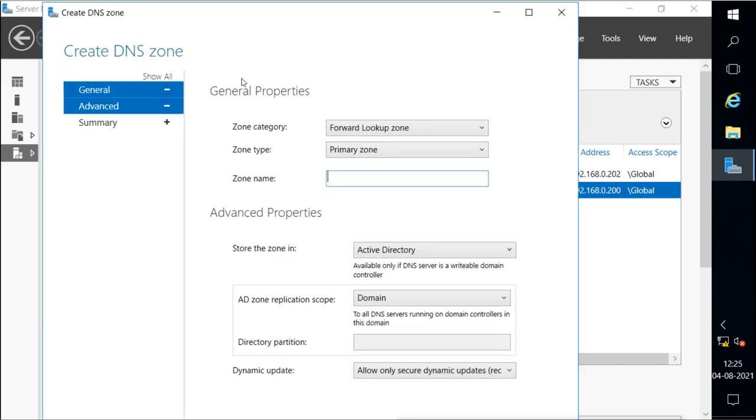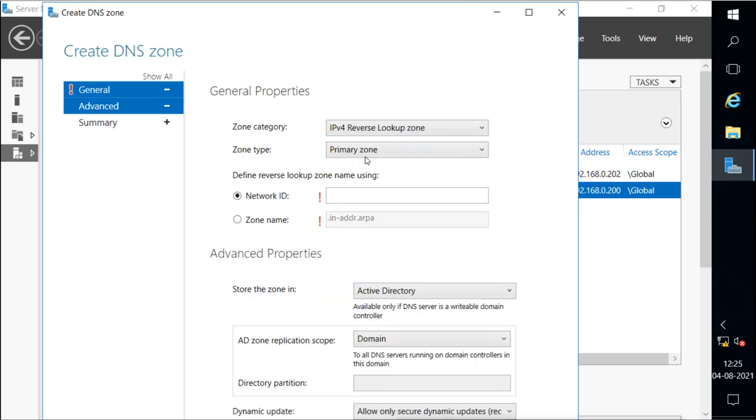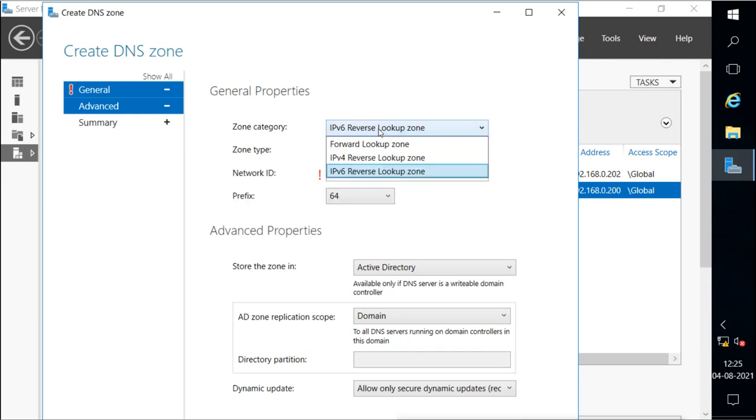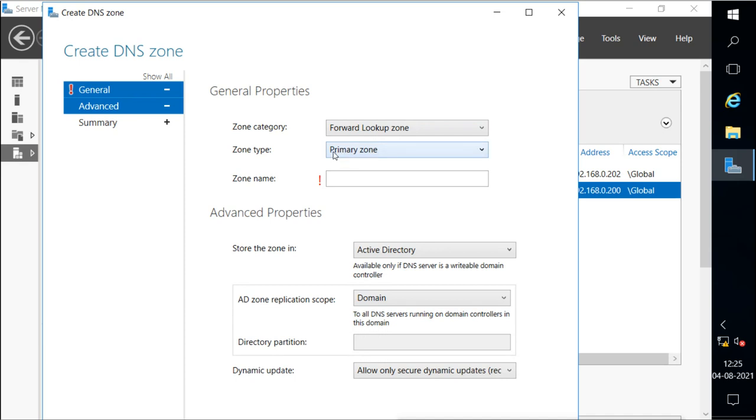Now from here I can select to create a forward zone, a reverse zone for IPv4, or a reverse zone for IPv6. Then I can select to create a primary zone, secondary zone or stub zone. I want to create a primary zone.